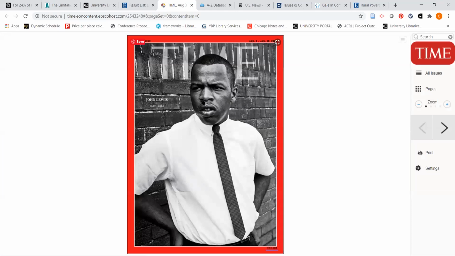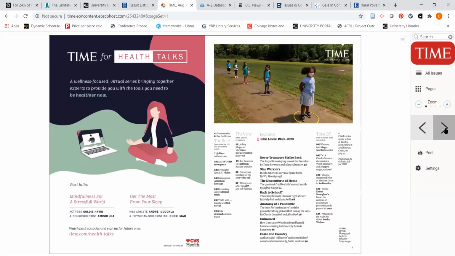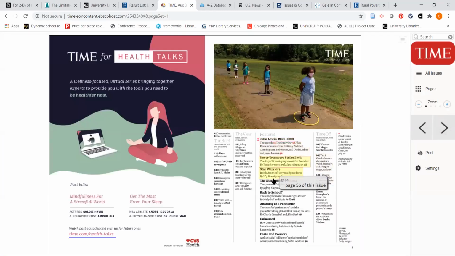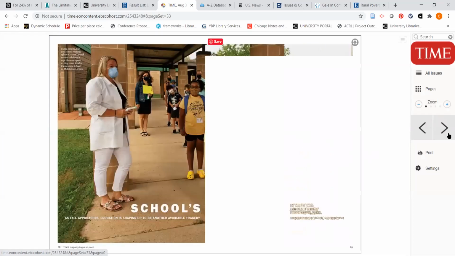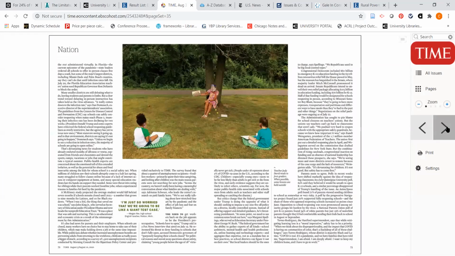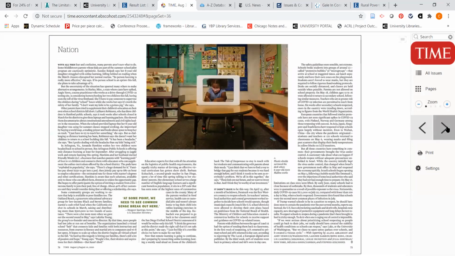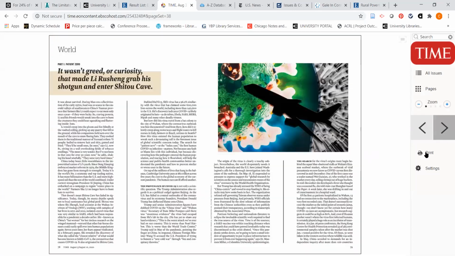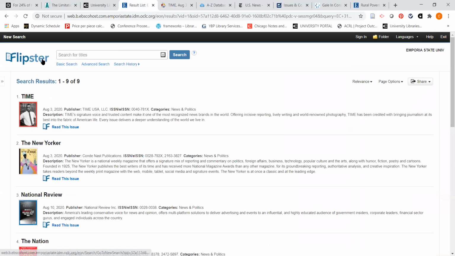And this happens to be covering the recent death of John Lewis. But as I browse through here, I can look at different articles and I can go to them directly. Here's one on back to school, which might be a topic I could write on for my Writing for Change essay. And I can browse through these very easily. I can also print an article if I wanted to. And if I go back over here and go back to Flipster,